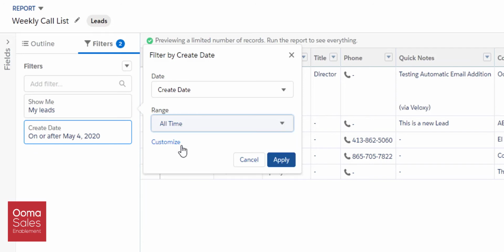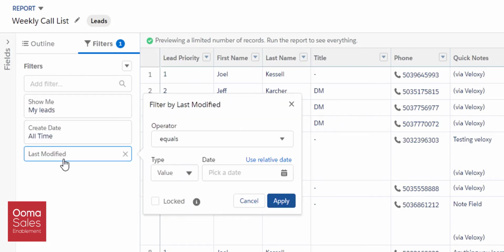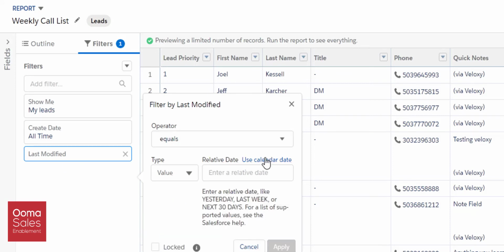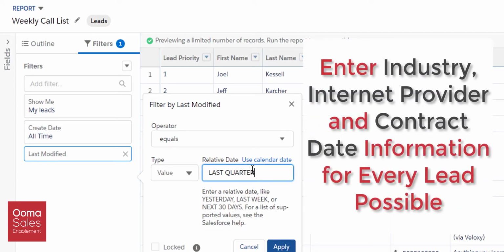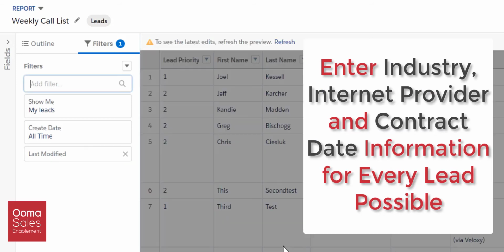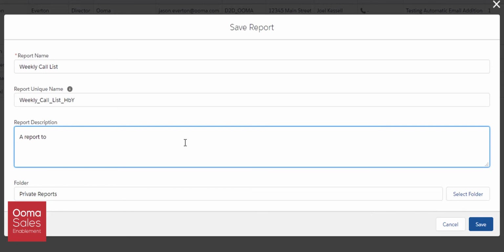Adding additional filters is similar to adding columns to the outline. Start typing in the search box, and the list of available filters will appear based on the characters you type. This is where the information we enter into the lead starts to pay off. Want to make a list of all the leads without activity this quarter? That's easy, but you have to properly update your leads. If you want to make, for instance, a list of all the medical businesses with a DSL contract expiring in the next 60 days. Once your filters are set to your needs, then either click the Save or Save and